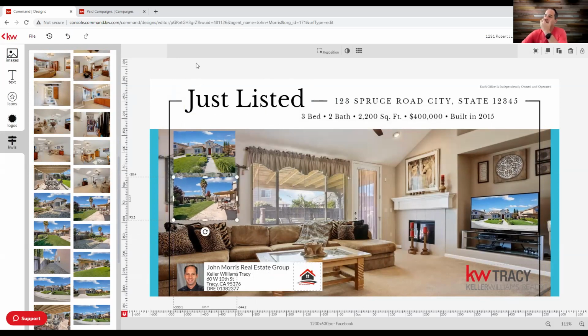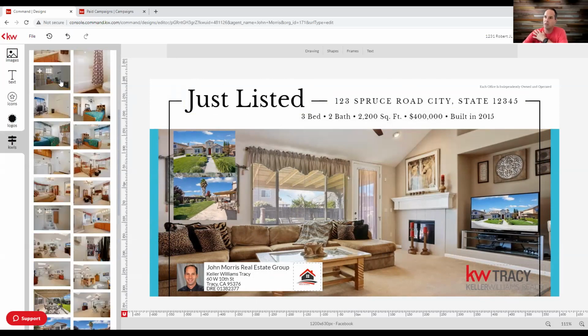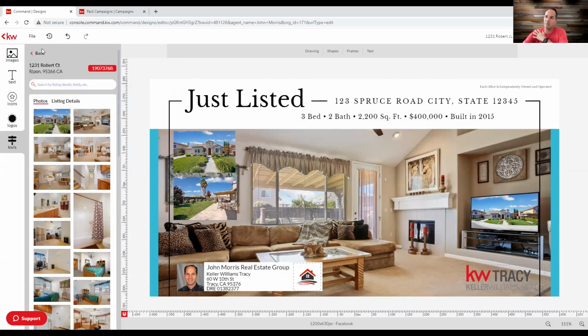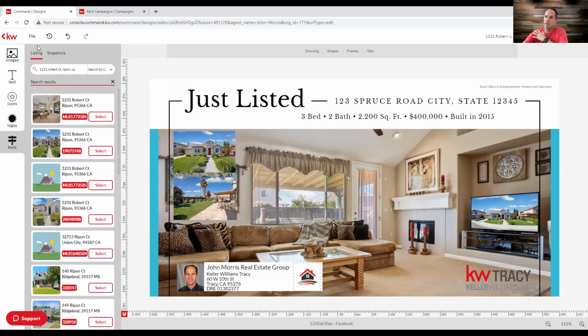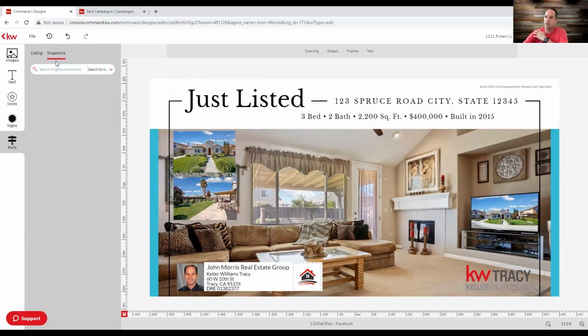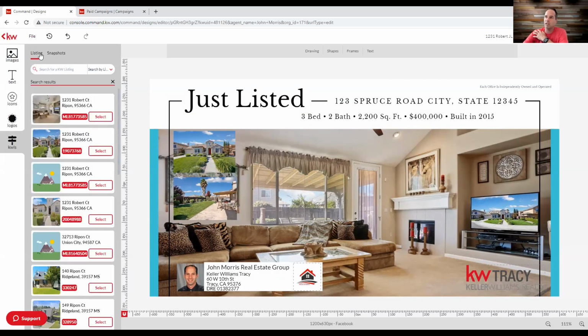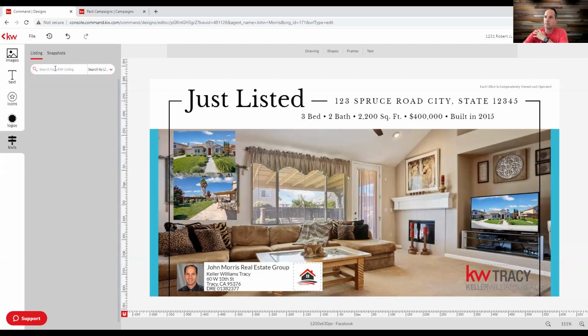Now, in terms of getting the information about the property, that's another cool thing that you can do too. So if I scroll back up to the top, I can click back. And then instead of listings, I can go in and click snapshots. And that's going to give me neighborhood snapshots if I want to get neighborhood information. In addition to that, if I click the X out and I go back into 1231 Robert again,